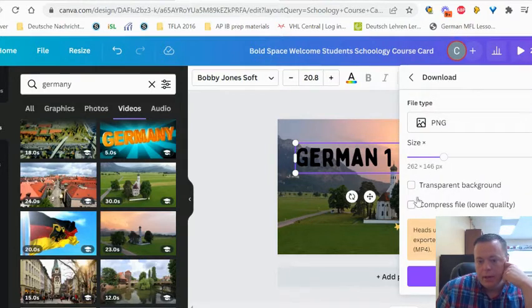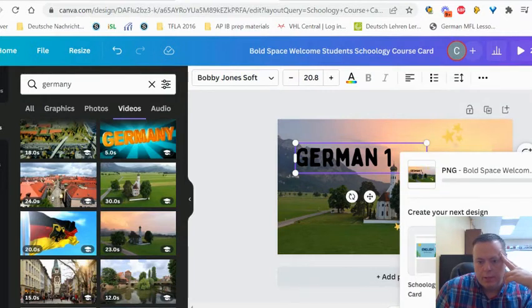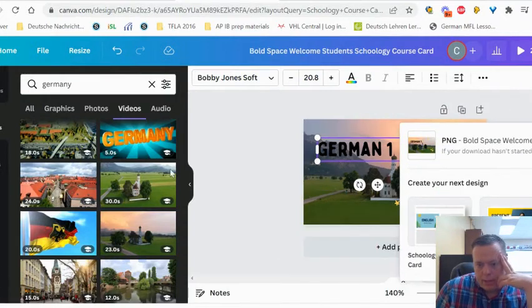And then it'll give you a couple of other options here. So if you download it as a PNG, it says it's not going to play the video because a PNG is just a picture file. So I'm going to go ahead and download that. And as that downloads,